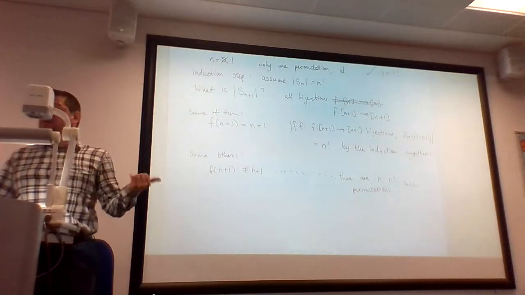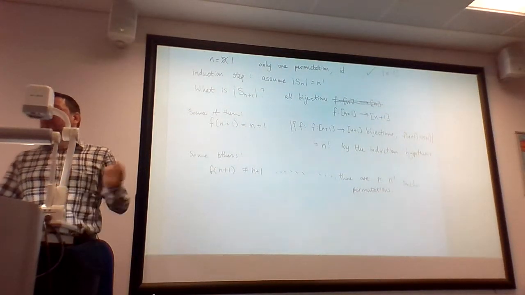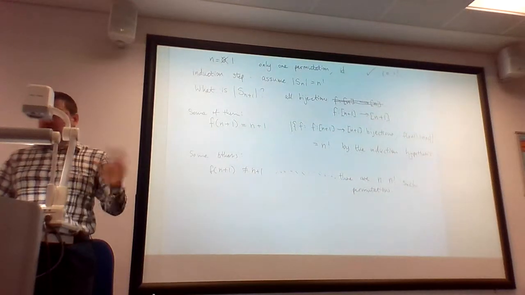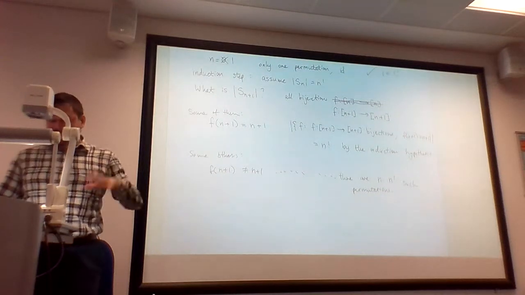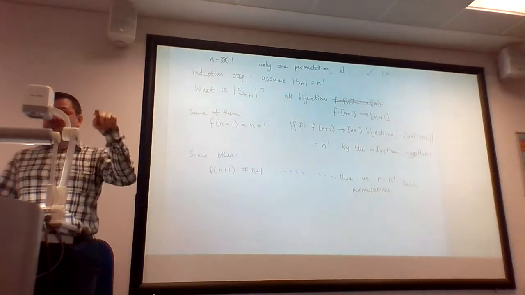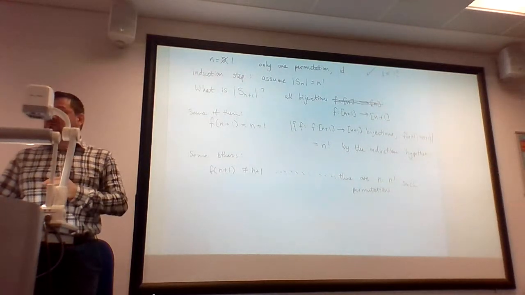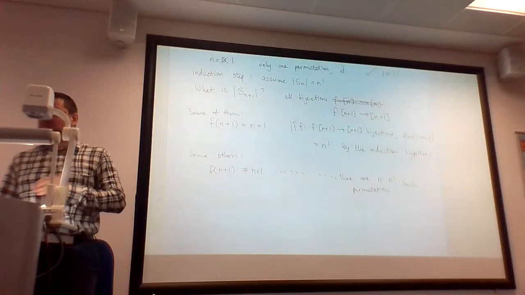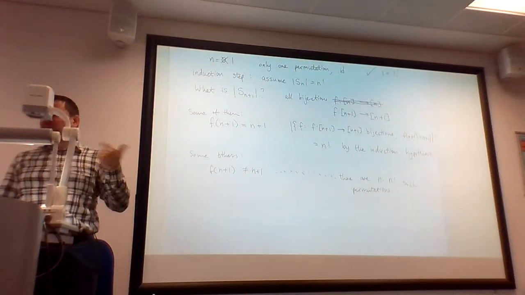That's true, but how do you know that? Well, you don't, because the induction hypothesis tells you nothing about how many bijections you have between the set 1, 2, 3, 4, 5, 6, 7 all the way to n, and the set 2, 3 all the way to n plus 1, for example. You kind of think that it's the same n factorial,